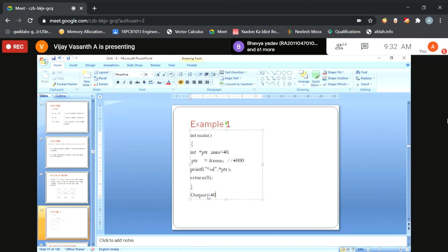The memory location contains a variable. Which variable? Num. What does num contain? 40. So how do you extract that 40? By attaching the unary operator with the pointer, we are extracting the number.